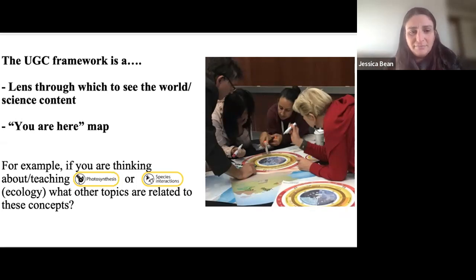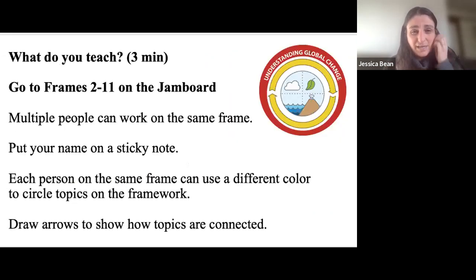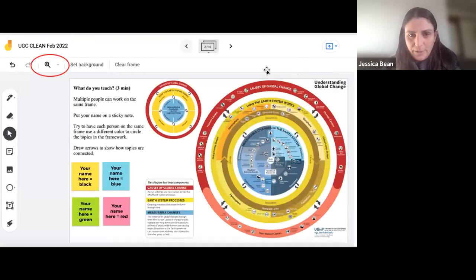Okay, so I've been talking for a while now, but what I would love to do is give you an opportunity to take a look at the framework for yourself and do some thinking. So I've created some frames on the Jamboard. If you go forward at the top of the screen, you can click forward and see copies of the framework that look like this. So a few different people could be working on the same Jamboard. If you want, pick a color and claim that as your color, feel free to add your name to a sticky. Or there's enough space on this Jamboard.